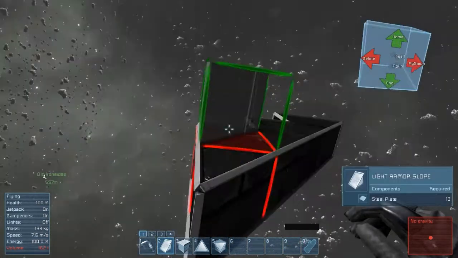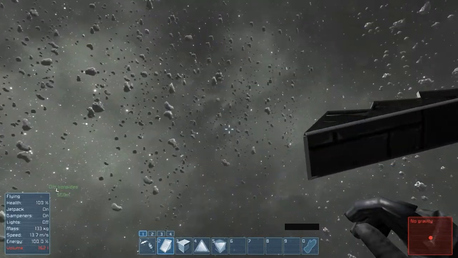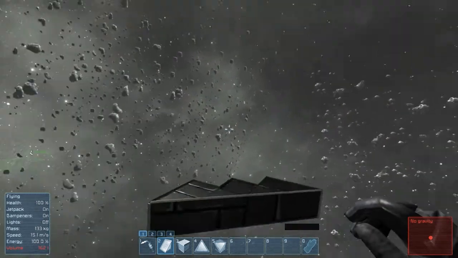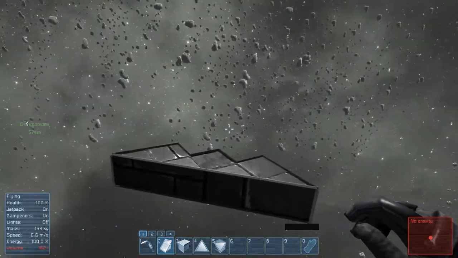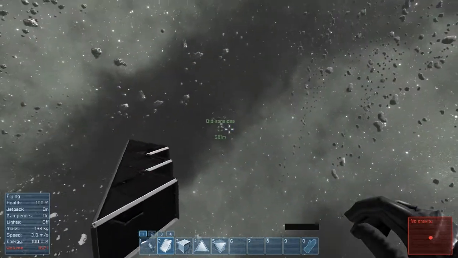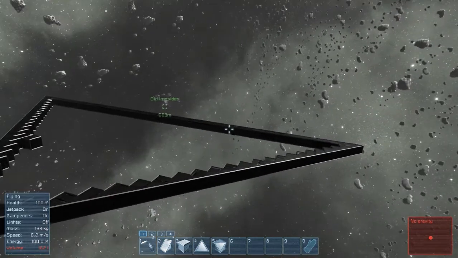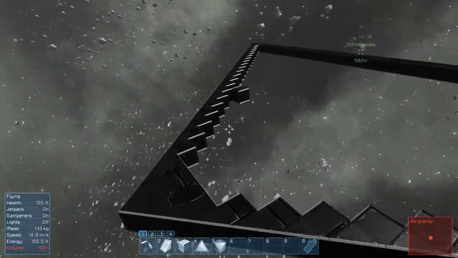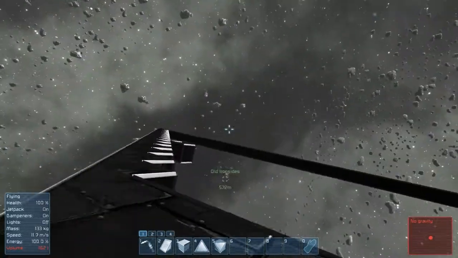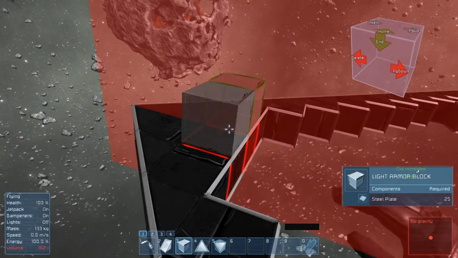Probably make it 20-ish blocks, 20-25 blocks long. And see how that looks. Maybe a little bit shorter. But let me build the arrowhead part. And I will be right back. That is done. This is going to be the center frame, and coming off of this, what we'll do,